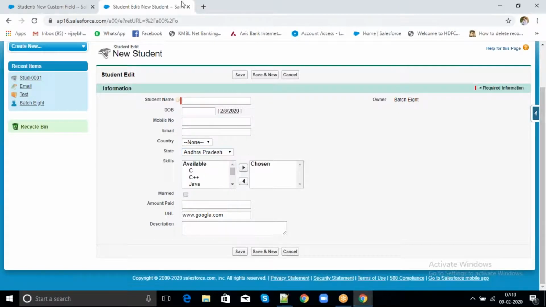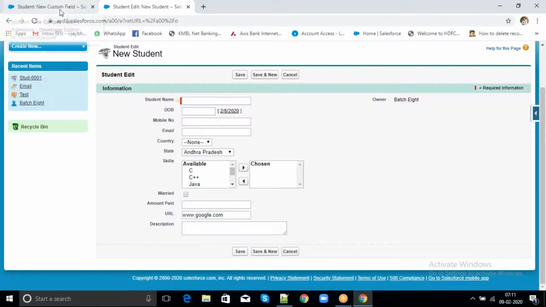So when we work on the data loader in an Excel sheet, we will enter the state names. By mistake, if we type any spelling mistakes, then when we try to insert the data from the data loader, suppose here Andhra Pradesh is there and we type it with a spelling mistake, that record will not be inserted, because that value will not be there in this list.